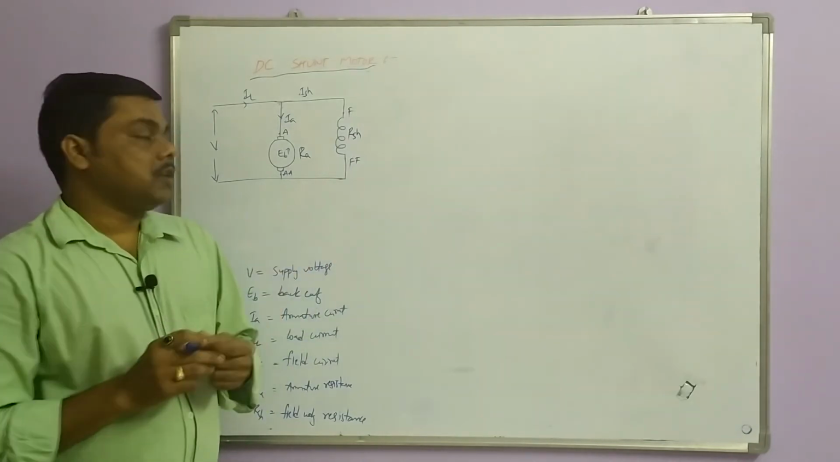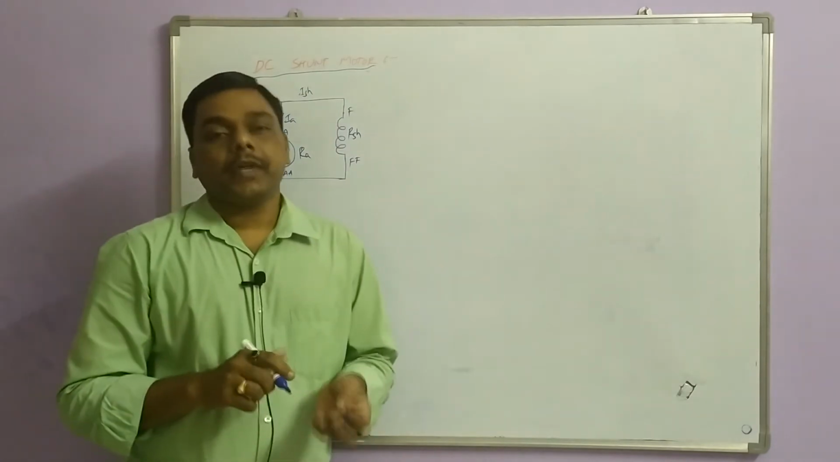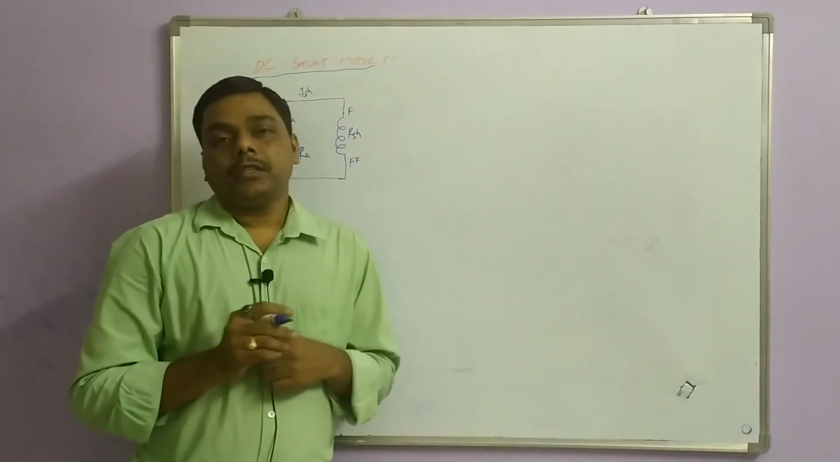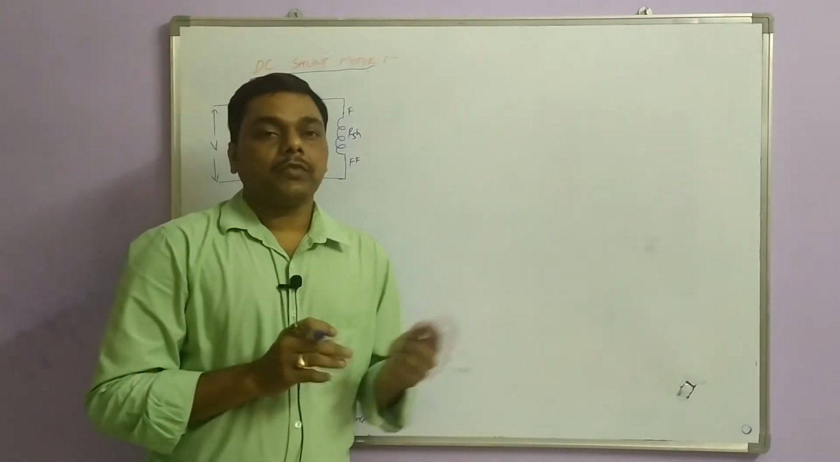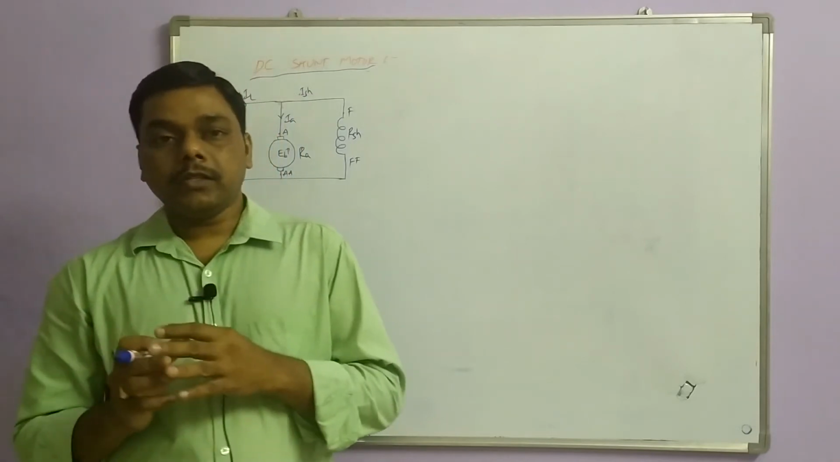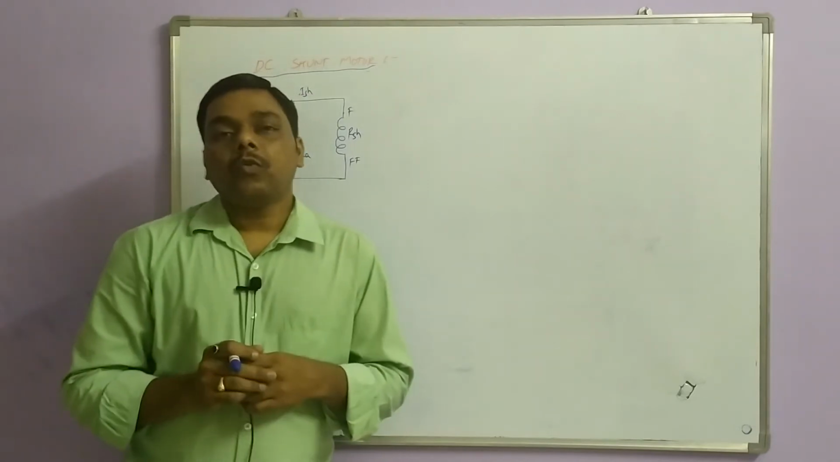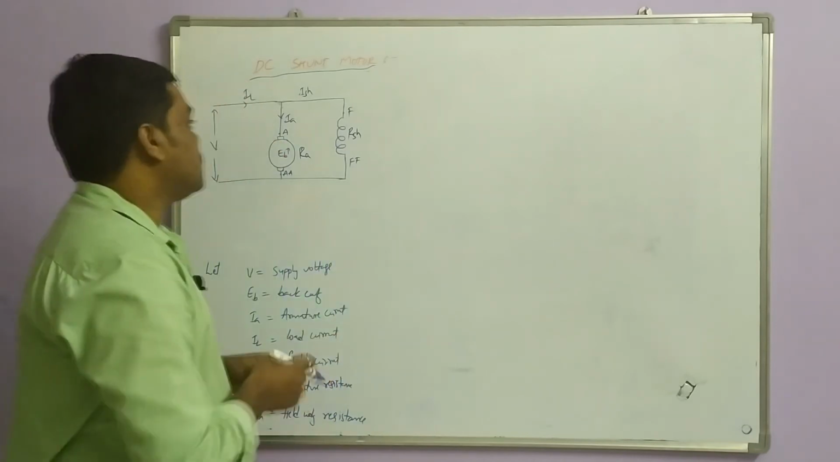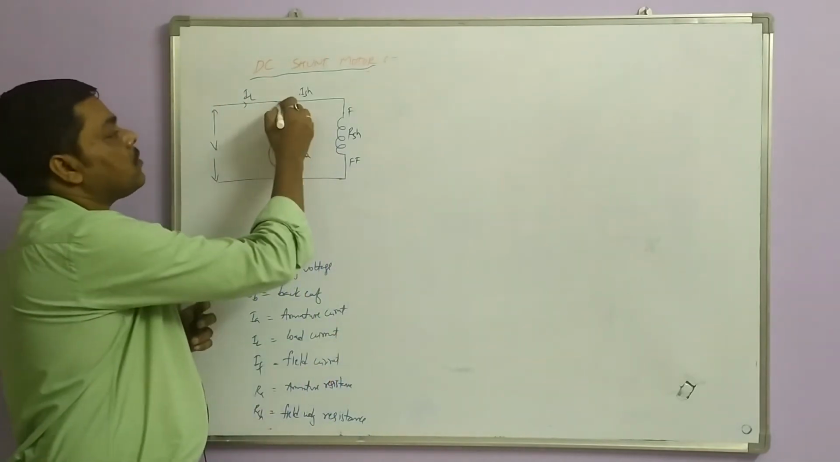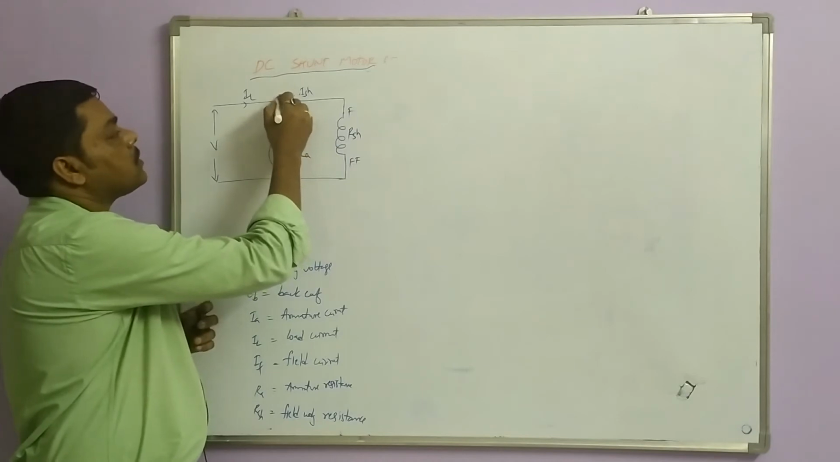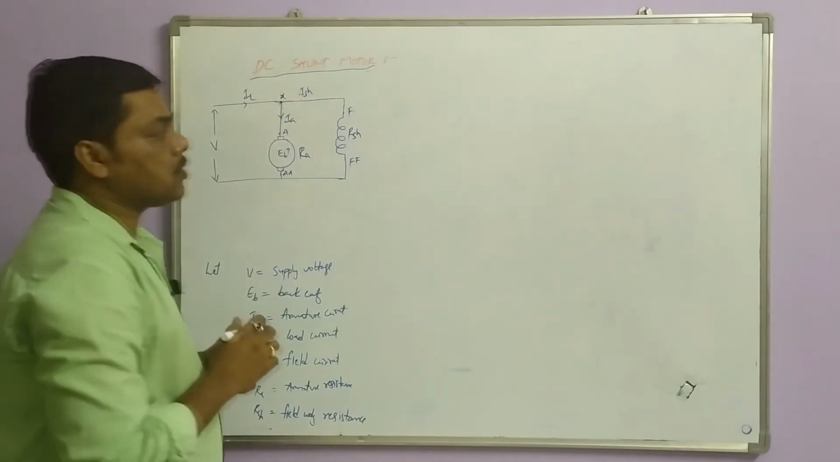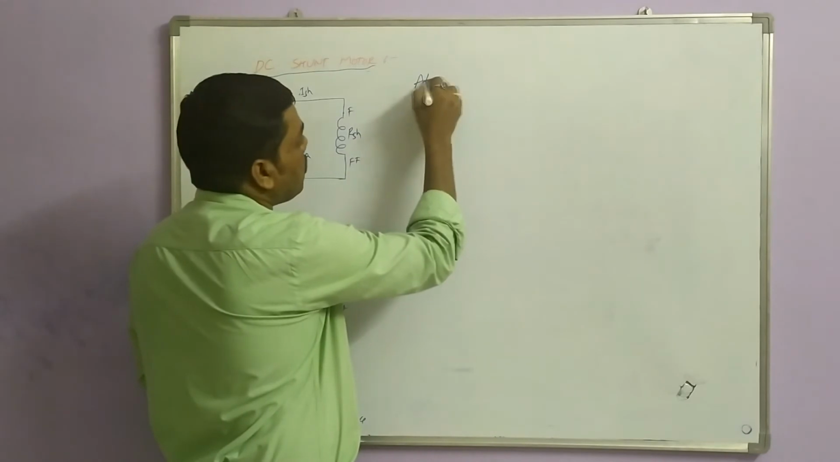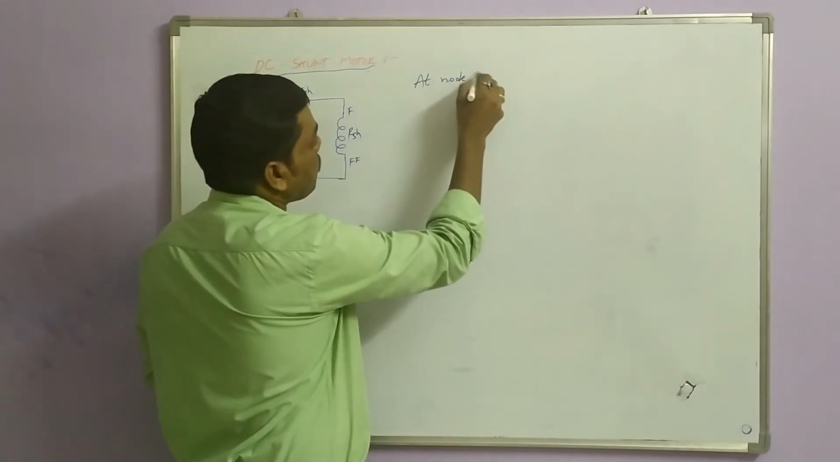Now for the shunt motor, we can go for the current relations first. Similar to generators, first we evaluate the current relations, then we will go for the voltage and back EMF relations. Okay. Now you see there are three currents and there is one node appearing here. Let us say this node is X. Now at node X,